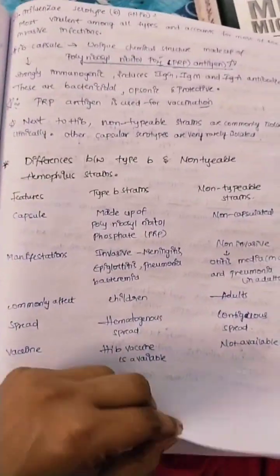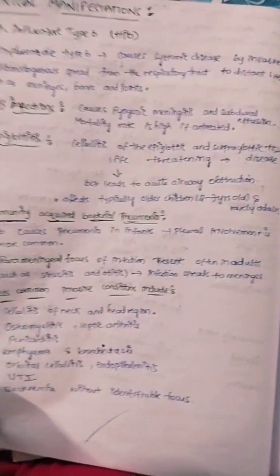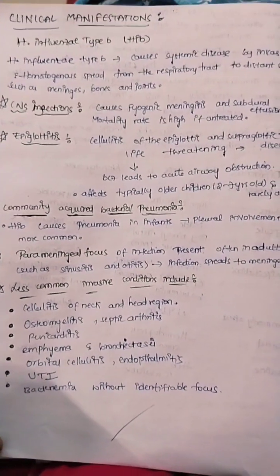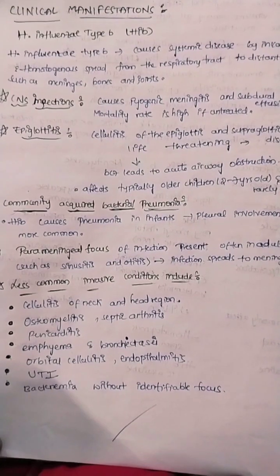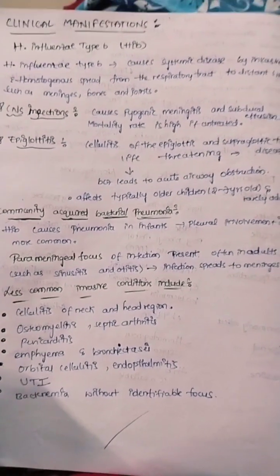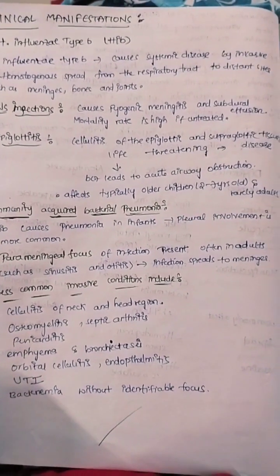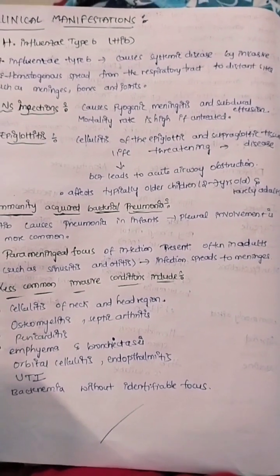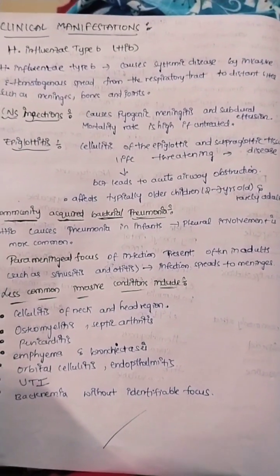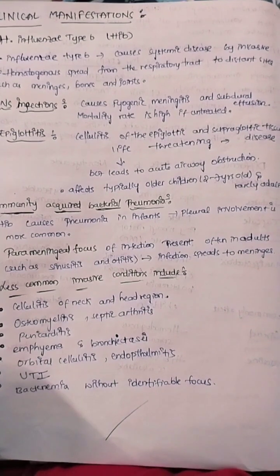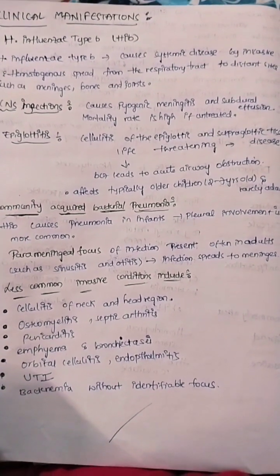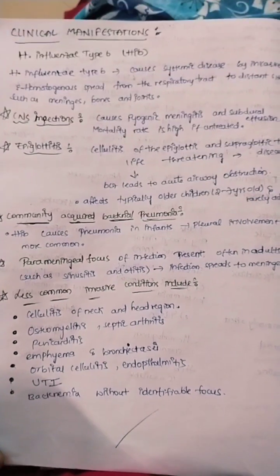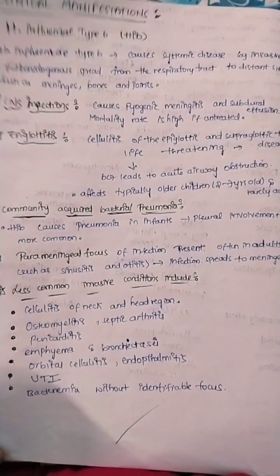So let's start further. Okay, what are the clinical manifestations? How will a patient with Hemophilus influenzae type B present? So Hemophilus influenzae B causes systemic disease, and it is most common, by invasive and hematogenous spread from the respiratory tract to distant sites such as meninges, bones and joints. CNS